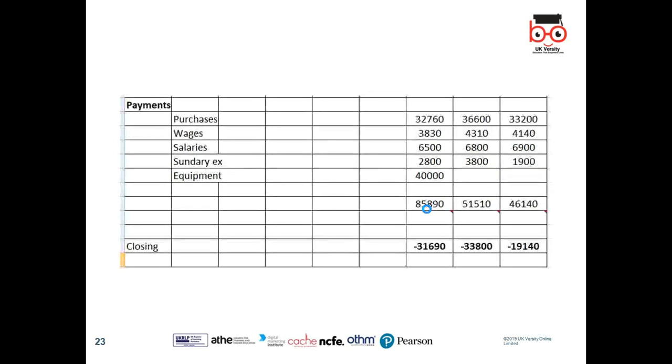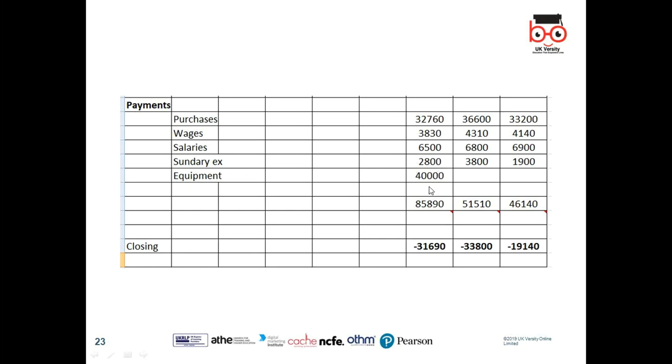85,890 and I'm getting money in that month, 54,200. So it means I need to arrange a loan from the bank. And the next month as well, we need to look around, and the following month. So you will see all these months we have a negative balance. So we need to make sure